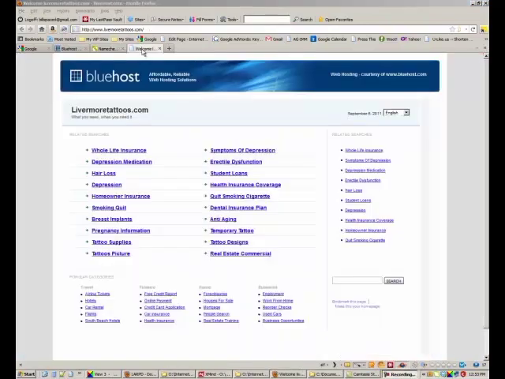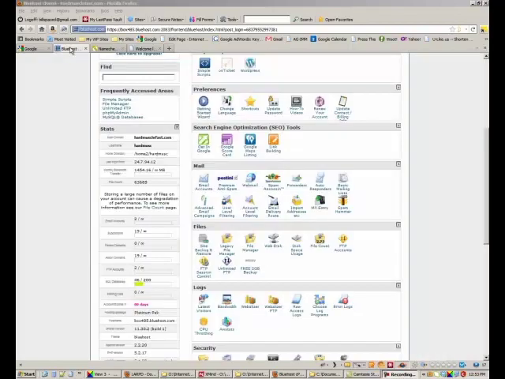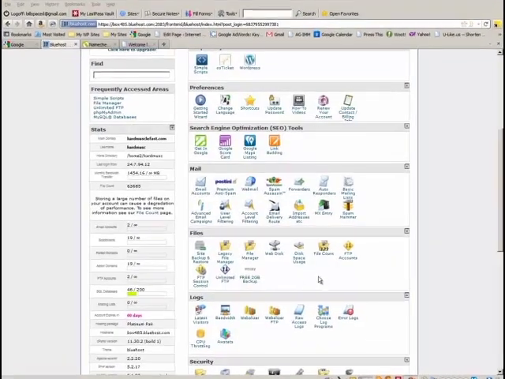Okay, I'm back. So what we're going to do now is, this is what it looks like when the DNS is propagated, because now the name servers have been propagated. They know that Bluehost is actually hosting the website. So let's go back to Bluehost and choose add-on domain,